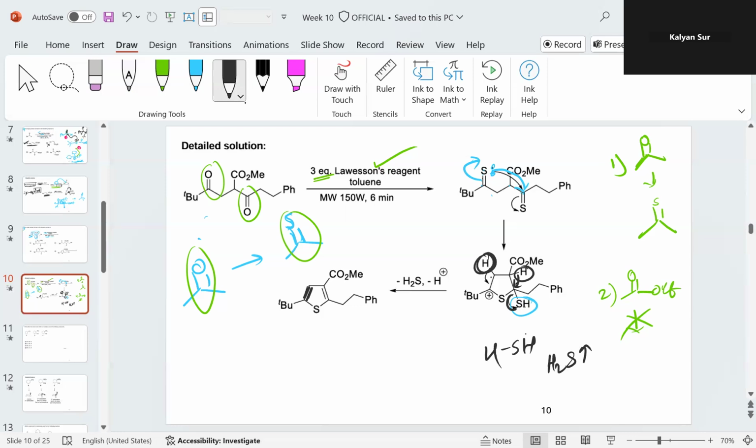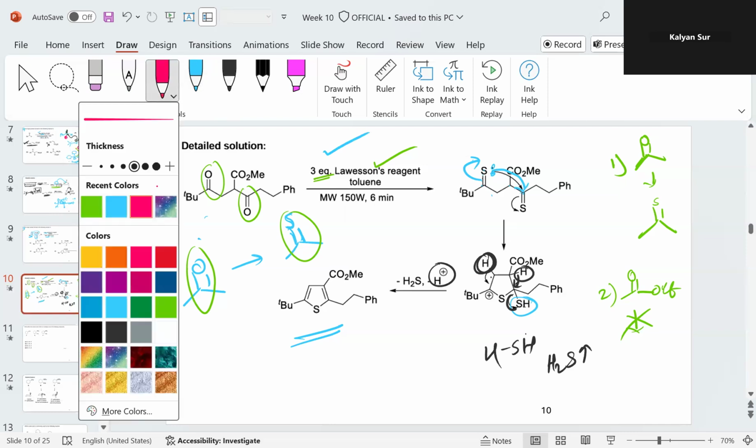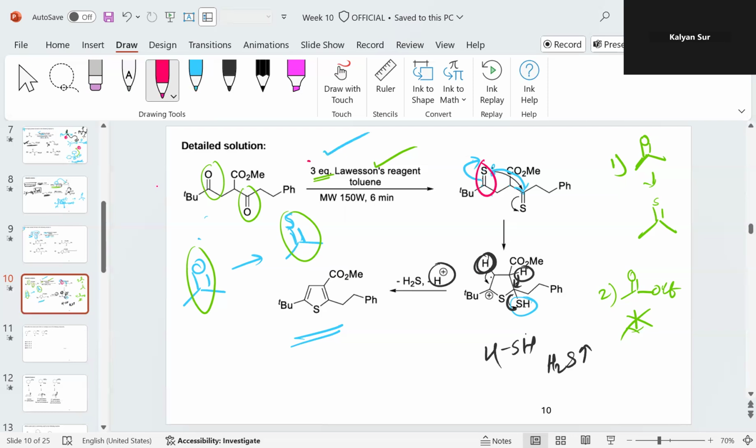This proton, in place of being eliminated, as H plus might get abstracted in the solvent. So it leads to formation of the five-membered ring with the two double bonds and the sulfur atom. So this is the product formed. So in this reaction, the role of Lawesson's reagent is to convert this ketone to C double bond S, and further,